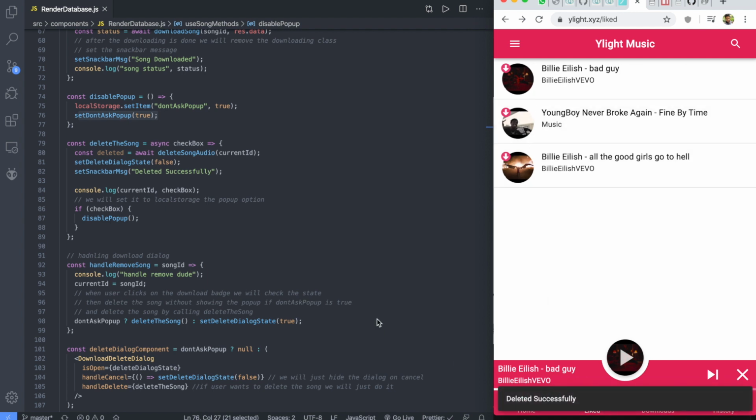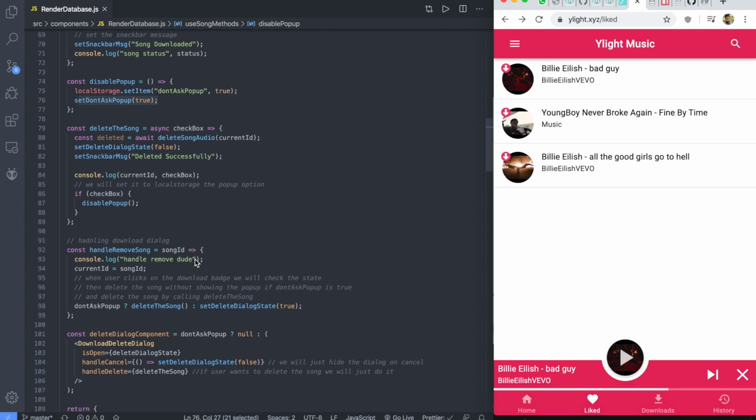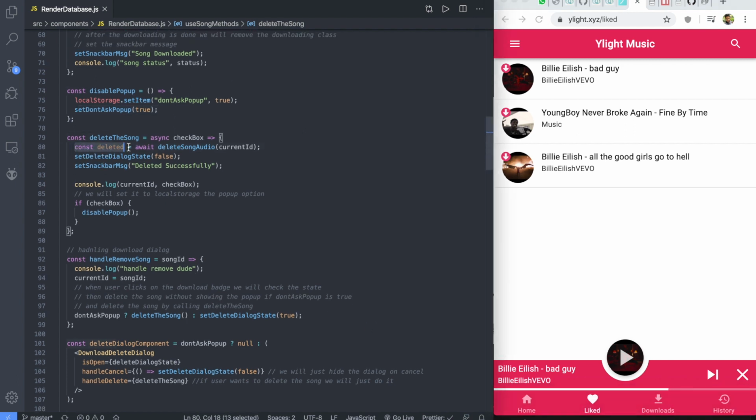so it's been deleted. Okay, and again here is this const deleted await, like I don't think I needed this, I could have just done it await, and select delete dialog state, and the dialog state gets deleted, I mean it gets hidden or removed. And this is console log, if checkbox is true, then we are going to disable the pop-up. All right,